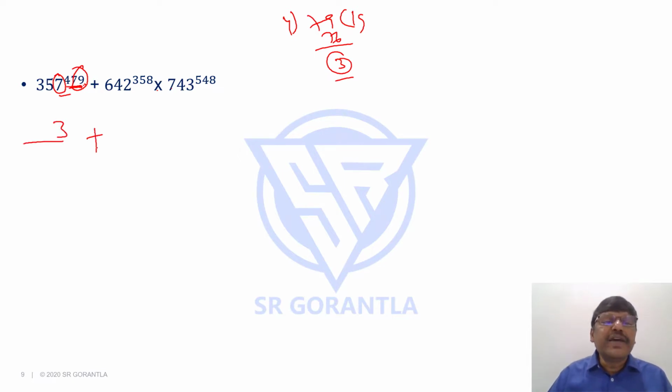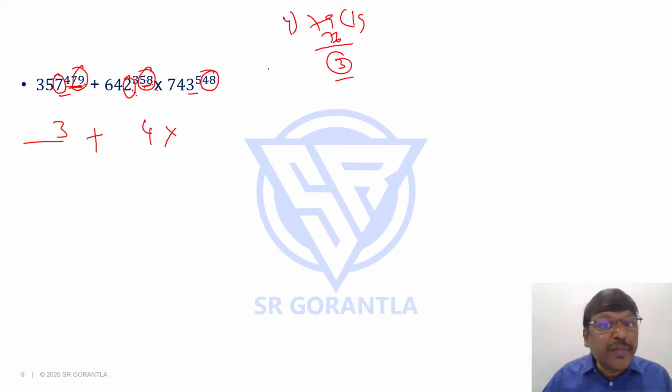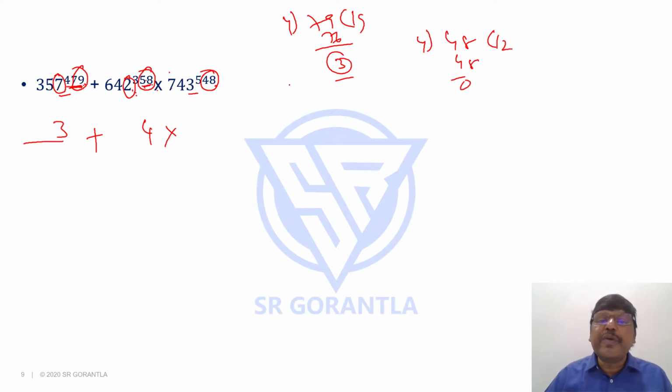3, plus 2, students. 2 also I should divide the power by 4. 58 divided by 4, what is the remainder? Just now you said in the previous question, 58 means it is 2 here. So 2 power 2 is how much? 4. Again 3, 48 if I divide by 4, remainder is 0. 48 is exactly divisible by 4 or not? 4 12s are 48, remainder is 0 means, students, I should take power 4. 3 power 4, what is 3 power 4's unit place? 1. Right, 3 power 4 is 81, unit place is 1.